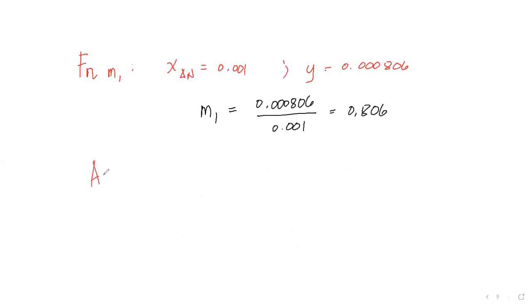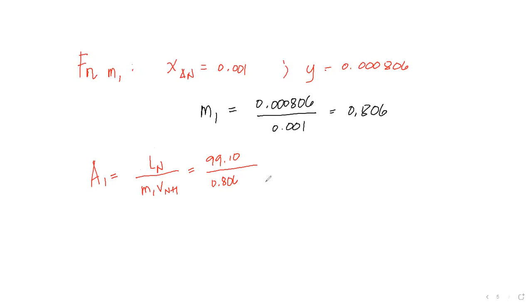So A1 is equal to ln over M1 V sub n plus 1. So the value that we got for the ln is 99.10. The M1 that we got is